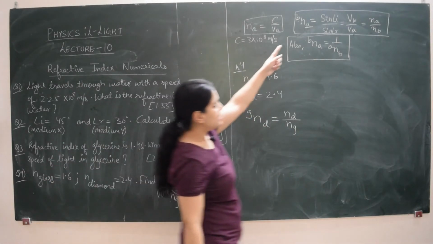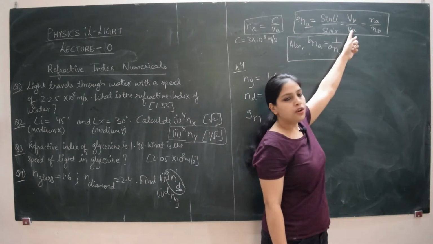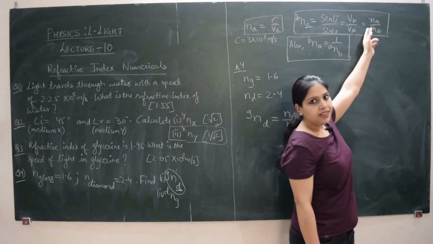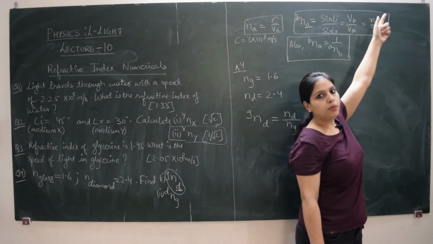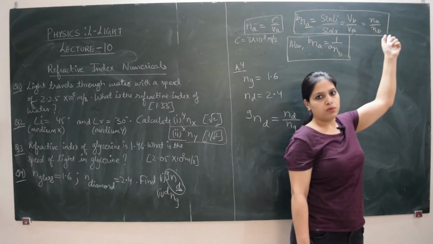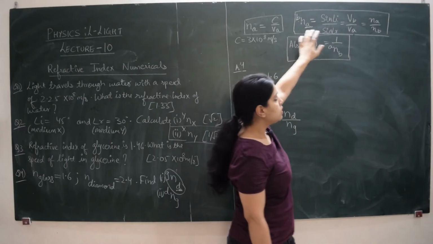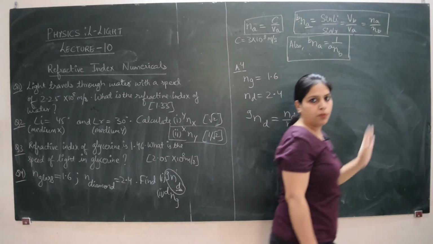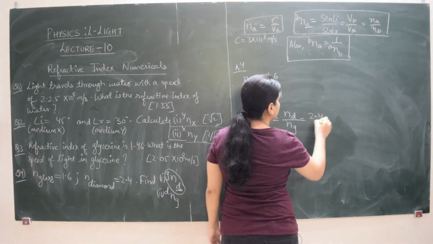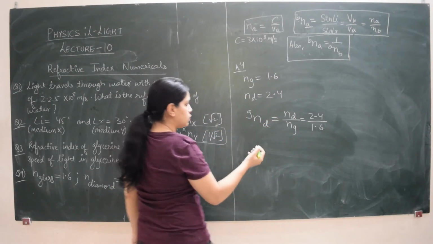In all the other cases, A is written as a subscript, the angle of A is in the denominator, the velocity of A is in the denominator. So till here it is fine. Only in this relation the refractive index of A is in the numerator, and this is happening because refractive index and velocity are inversely proportional. So the medium whose refractive index is to be found, only in this relation its value is in the numerator. So nD and nG are given to us, you simply have to substitute 2.4 divided by 1.6, and you will get some answer once you solve it.